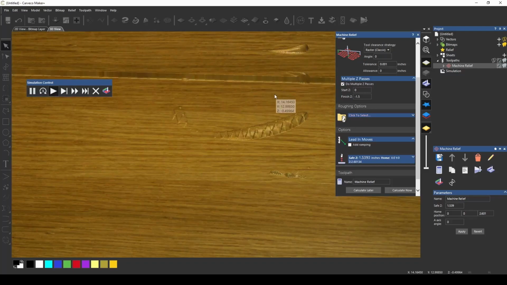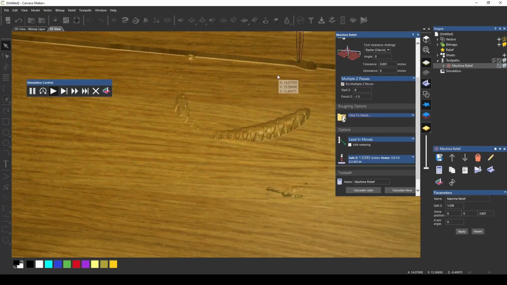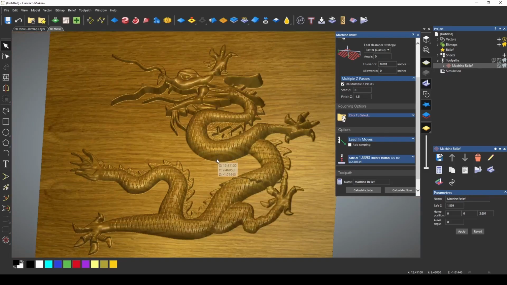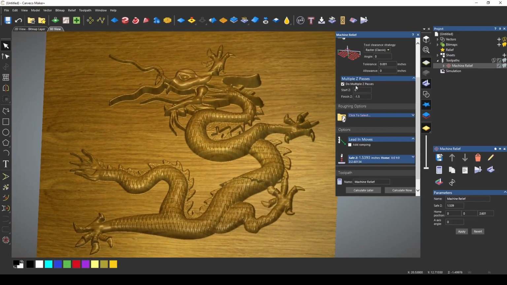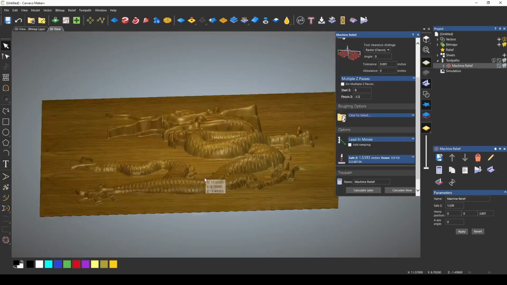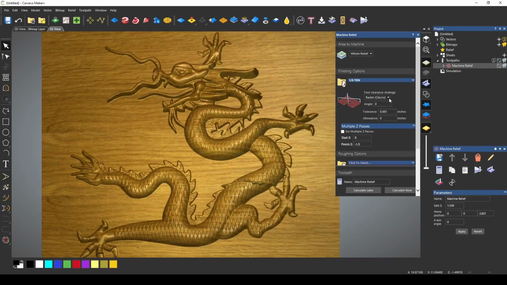And you can see as it comes down, it is also doing its finishing pass. It's cutting that 3D relief out. Okay, and when it's finished cutting out, it's made it all the way down. And that's what the multiple Z passes option is for. But normally you would just use a roughing bit to remove all of that material. But you can do it that way as well.